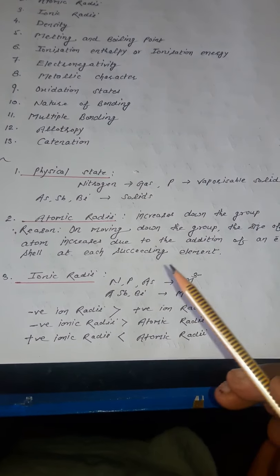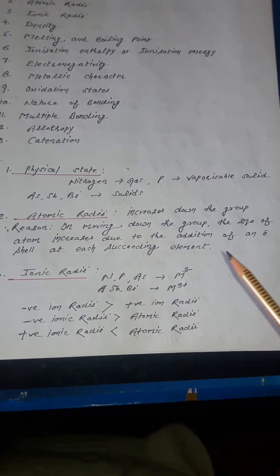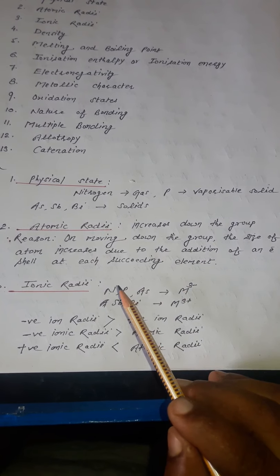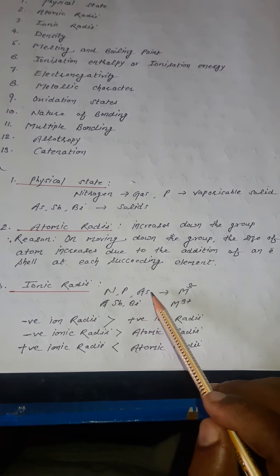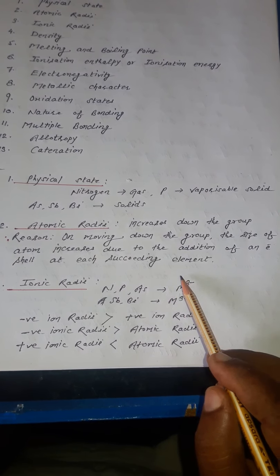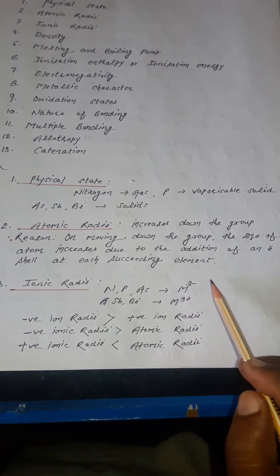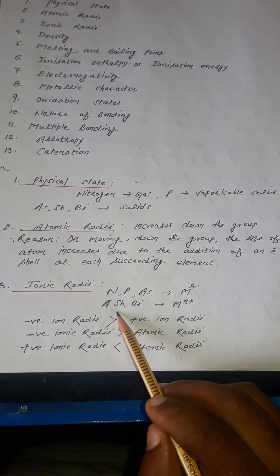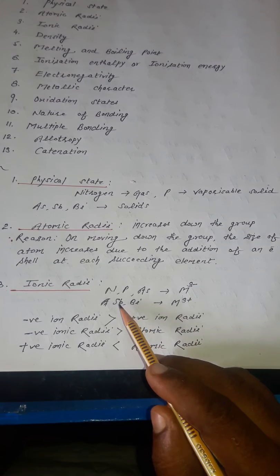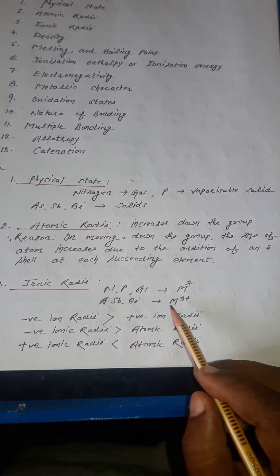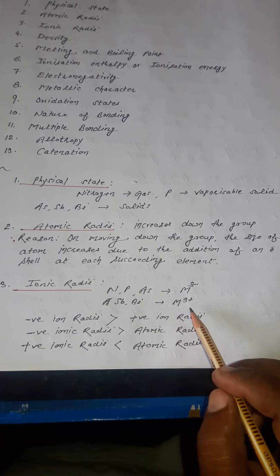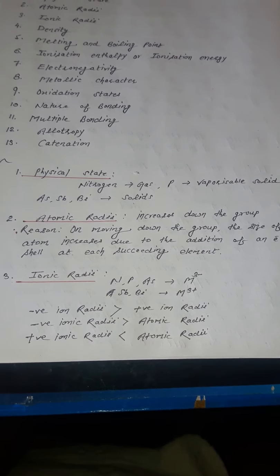But in case of ionic radii, these elements show two kinds of ions, after losing 3 electrons and gaining 3 electrons. So nitrogen, phosphorus, arsenic are the elements which are mostly non-metallic and gain electrons, forming M3 negative ions. And antimony and bismuth are mostly metal or semi-metal. Antimony is semi-metal but bismuth is metallic, and both have a tendency to form M3 positive ions after losing 3 electrons.